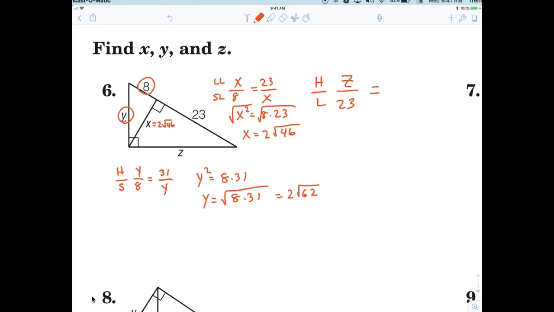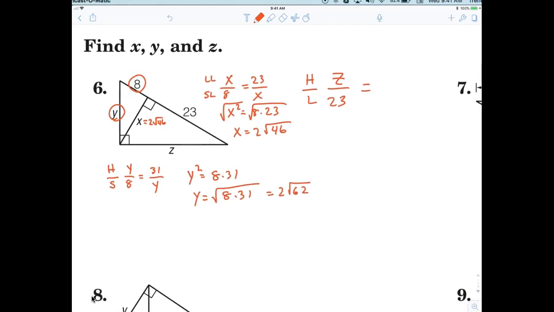So now, hypotenuse over long leg. I don't care what hypotenuse and long leg. So what is the hypotenuse? It's 31. 2 radical over the Z. Very good. So then you have to take the square root of 23, and can that break down? No, it doesn't. So you would just say Z squared equals 23 times 31. So Z is equal to the square root of 23 times 31,